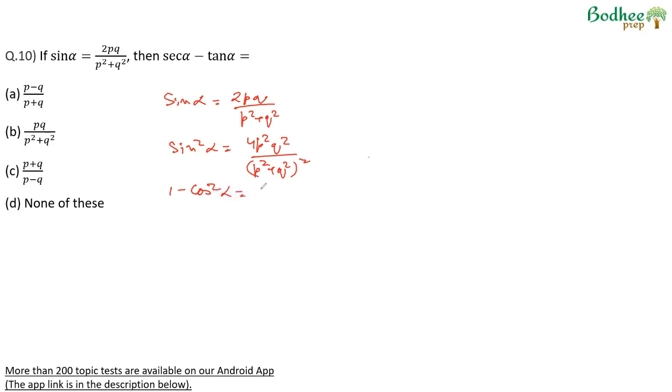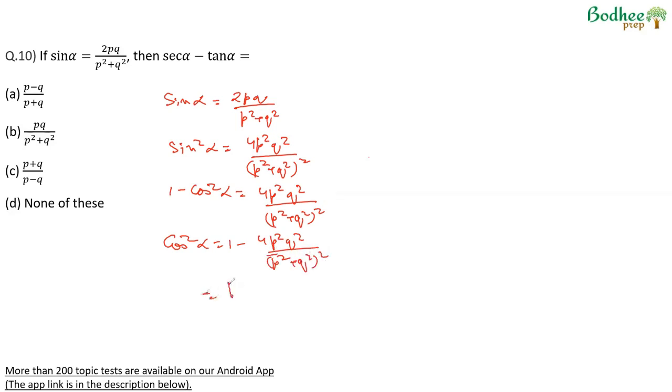And therefore cos square alpha is 1 minus 4p square q square upon p square plus q square whole square,